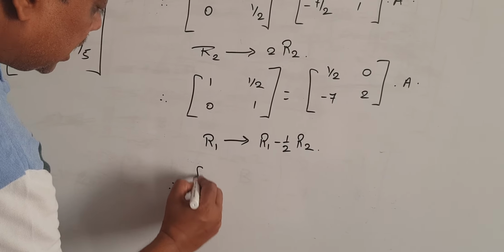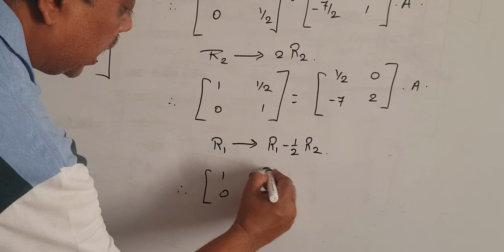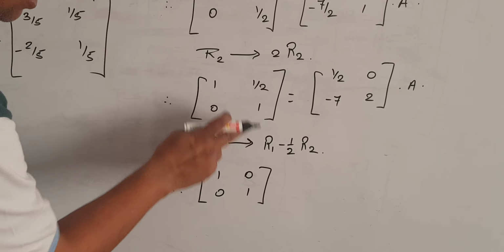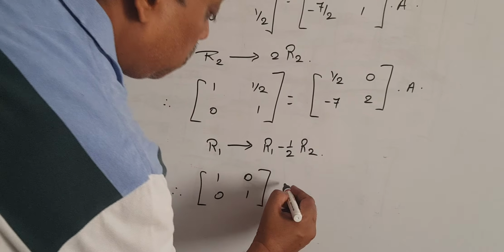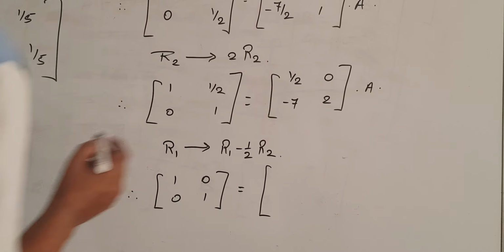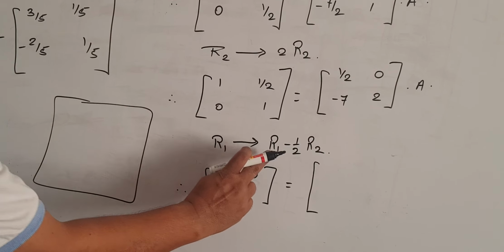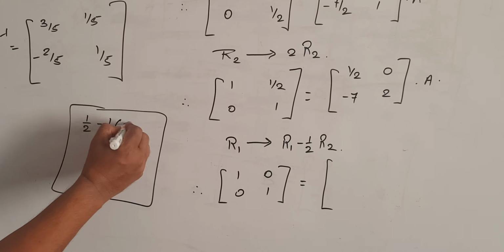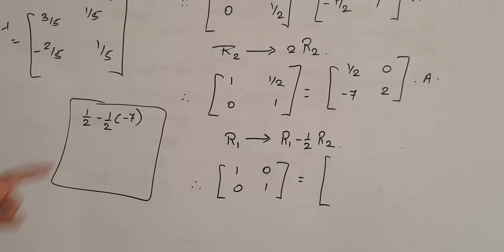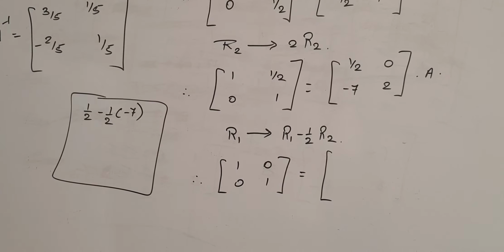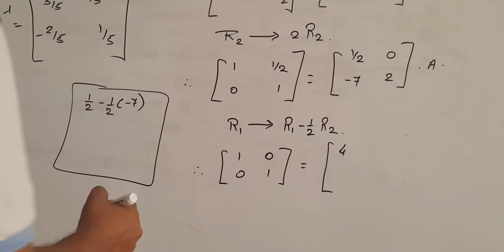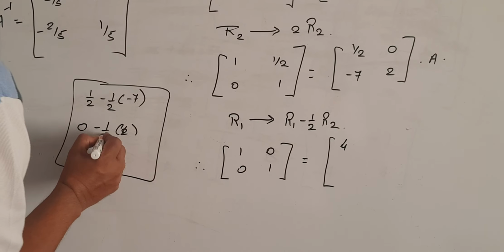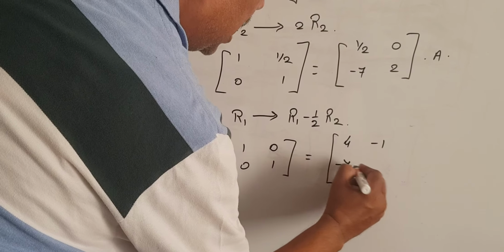So therefore you can say, see, this is 1 0 0 1. Okay, you can calculate 1 minus 0 is 1. Half minus half is 0. Now see this operation. Half, see, first row means a half minus half into minus. So minus and minus is plus. So 7 by 2 plus 1 by 2 means 8 by 2, which becomes 4. First row is 0 minus half into 2. This 2 cancels, so it is minus 1. Second row as it is.